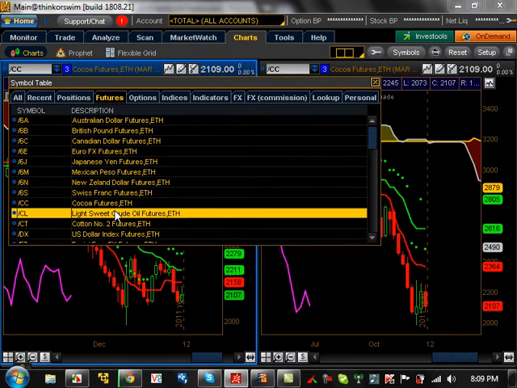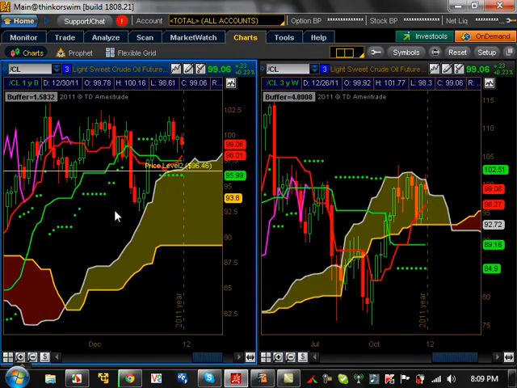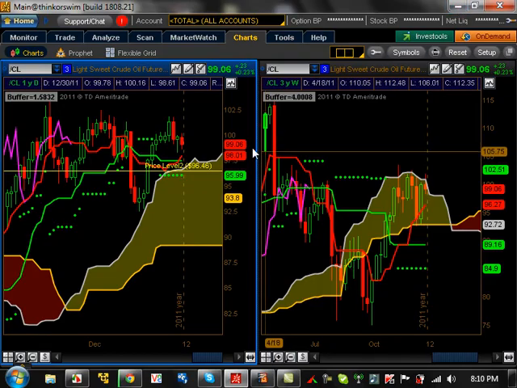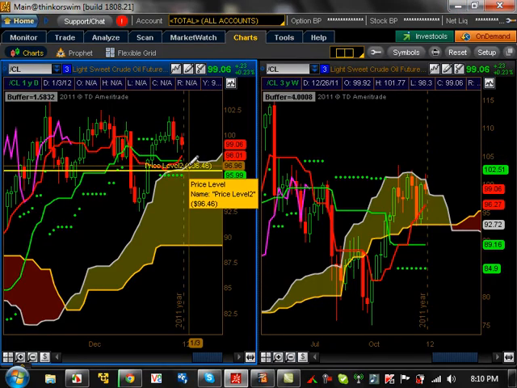Okay, crude oil. This is one that basically looks like opportunity. Remember on the heat map, it showed you there was a bullish opportunity. Now, just because on the heat map it says that these are opportunities there, doesn't mean they're ready to go. In order for them to go, they've got to break their next support or resistance level, depending if they're